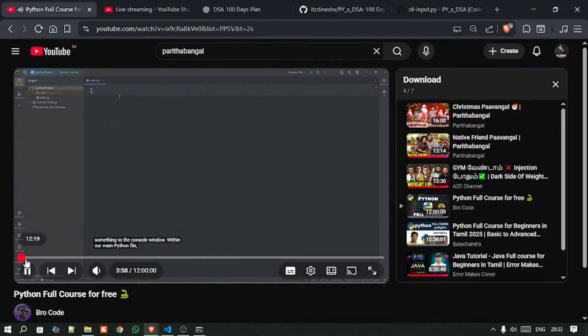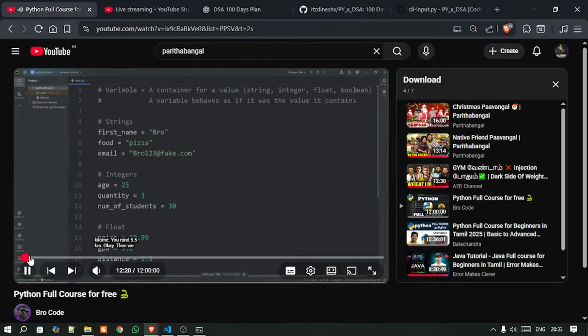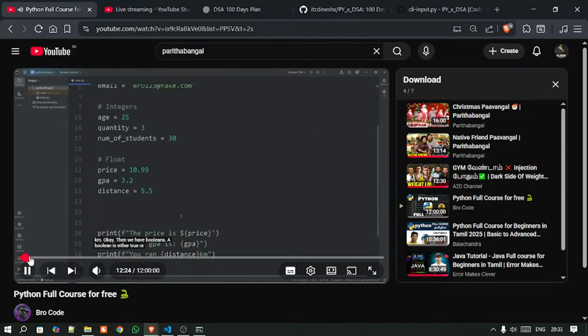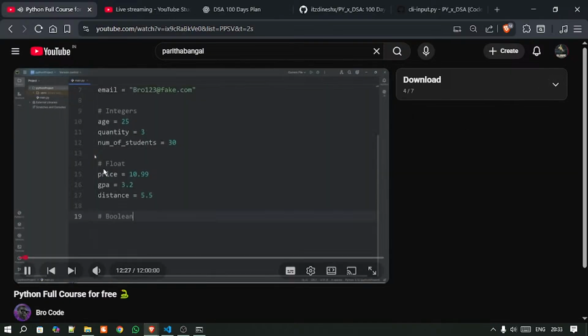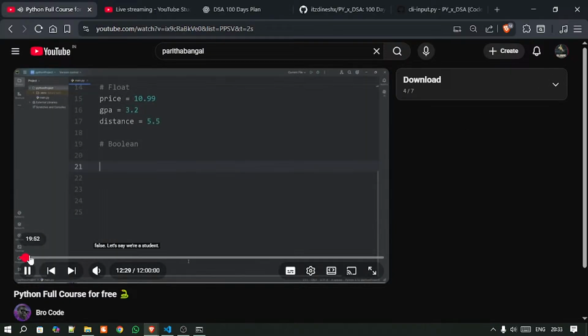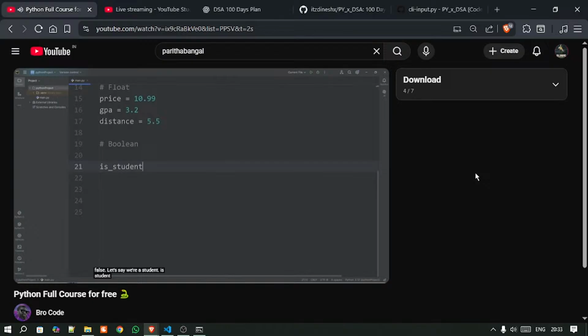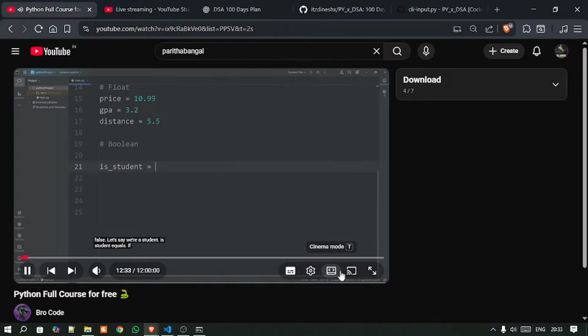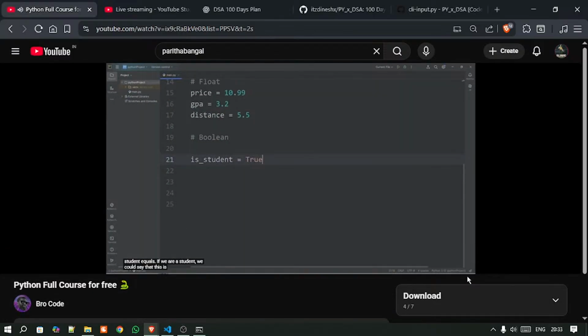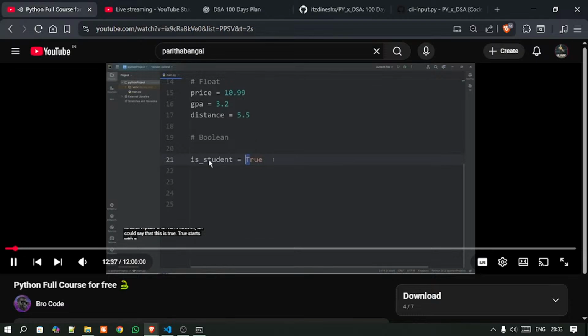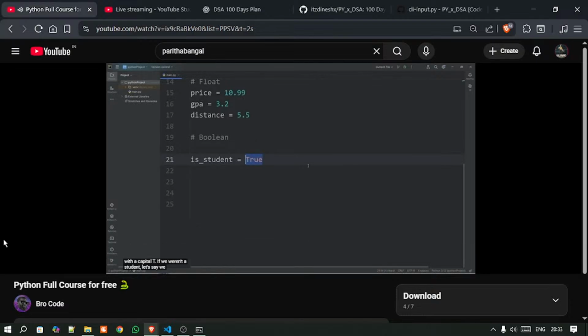Okay, then we have booleans. A boolean is either true or false. Let's say we're a student. Is student equals, if we are a student, we could say that this is true. True starts with a capital T. If we weren't a student, let's say we graduate,